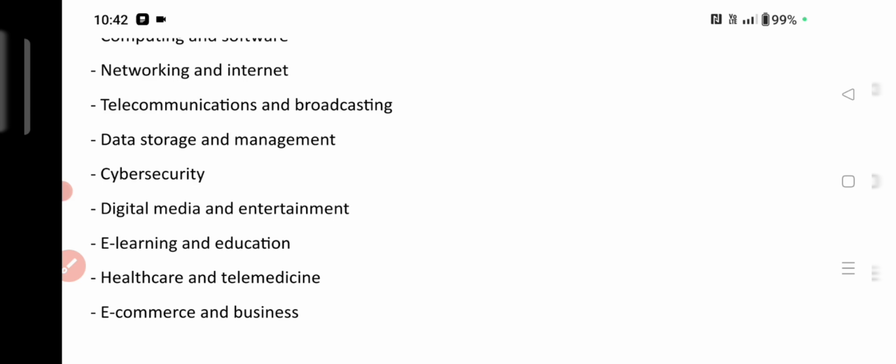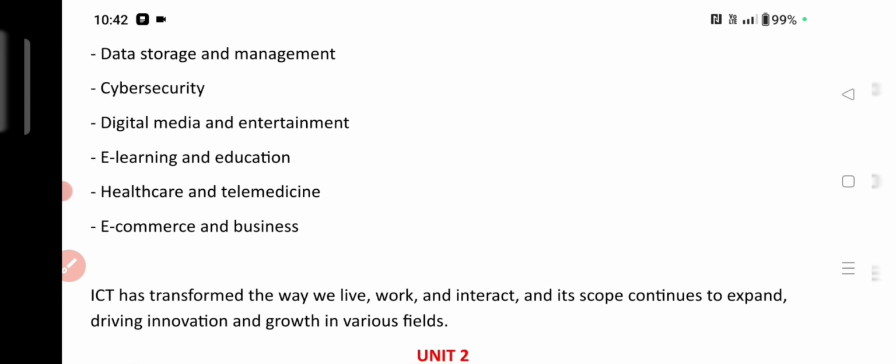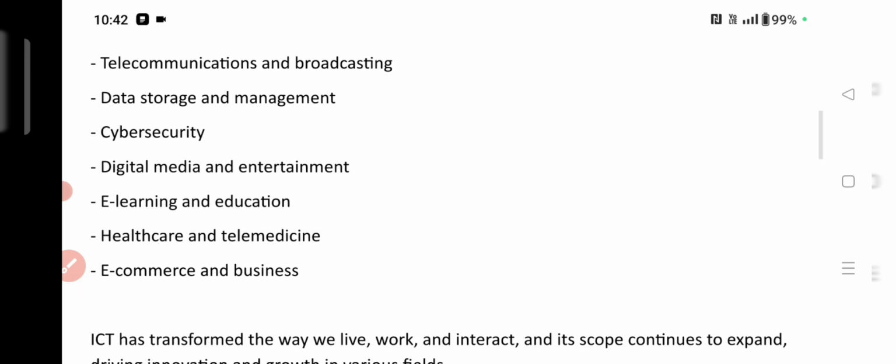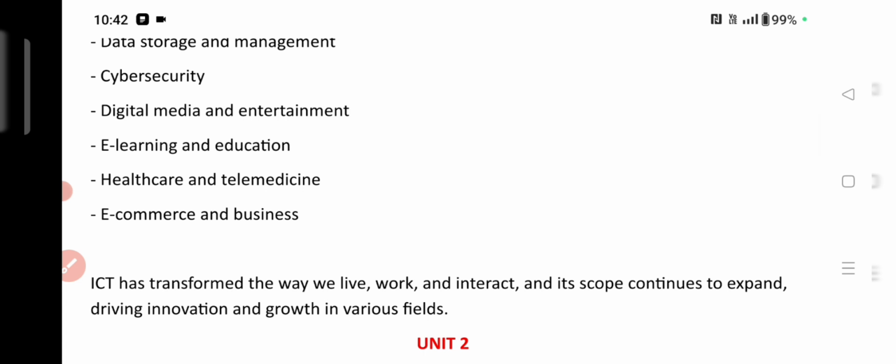and management, cybersecurity, digital media and entertainment, e-learning and education, healthcare, telecommunication. So whatever we do on our mobiles and through the internet, these are all the scope of ICT. E-commerce and business, digital media, entertainment, telecommunication, broadcasting, everything. So ICT has transformed the way we live, work and interact, and its scope continues to expand, driving innovation and growth